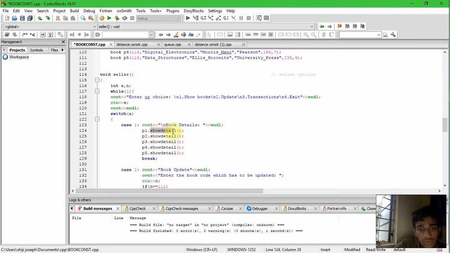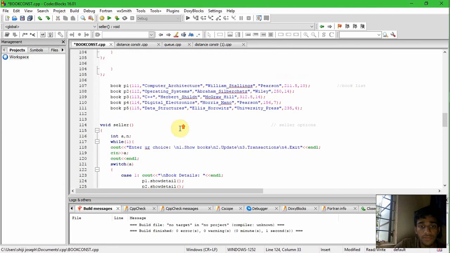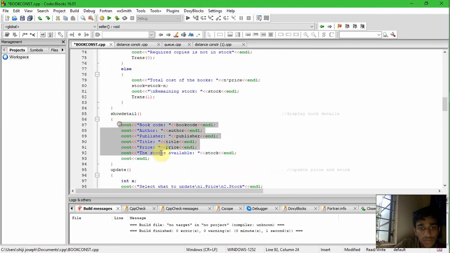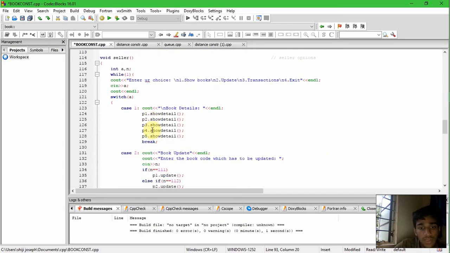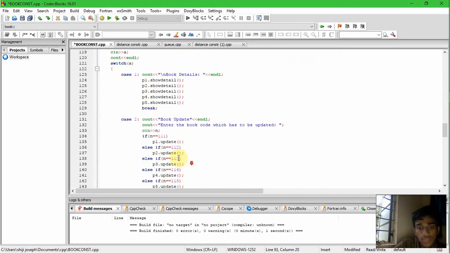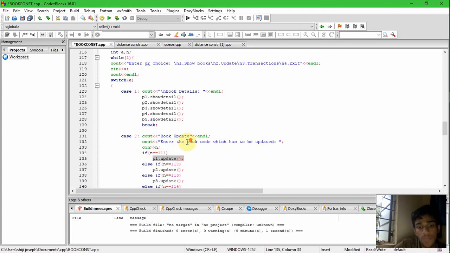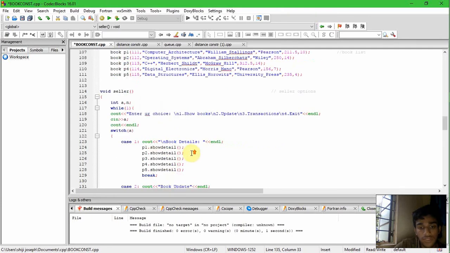The show details is a getter function which is defined inside the class under the public label. Let me show you that, it is this. So it will be printing all the details of the particular object. Then if the user selects the update option, it will ask which book has to be updated. In this I have asked for the book code. If the user enters the correct book code and it matches, then it will go to p1 dot update. So it will call the update function,